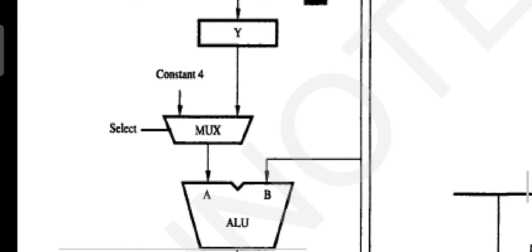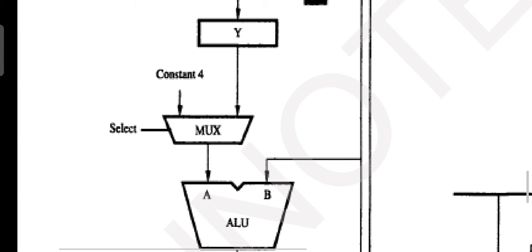So we are selecting the Y value as the input, and that value is directly driven onto the output of the multiplexer as A. Now what is B? B is the second input for the ALU.